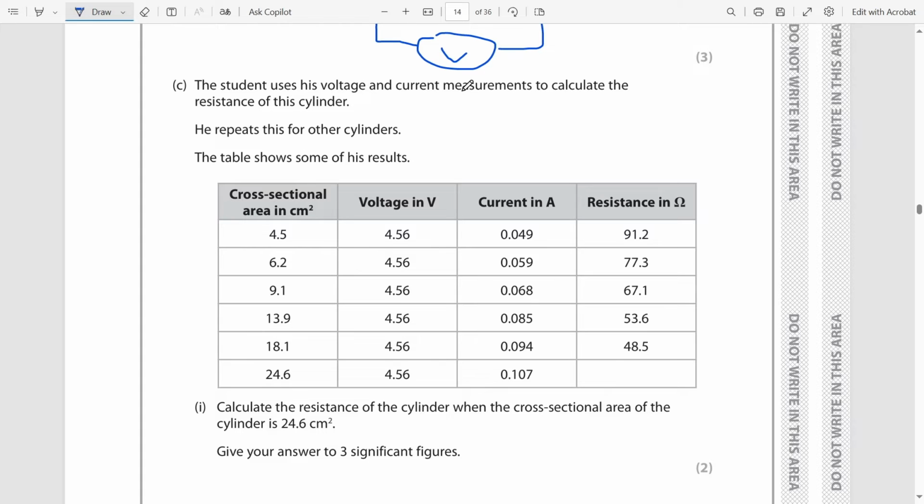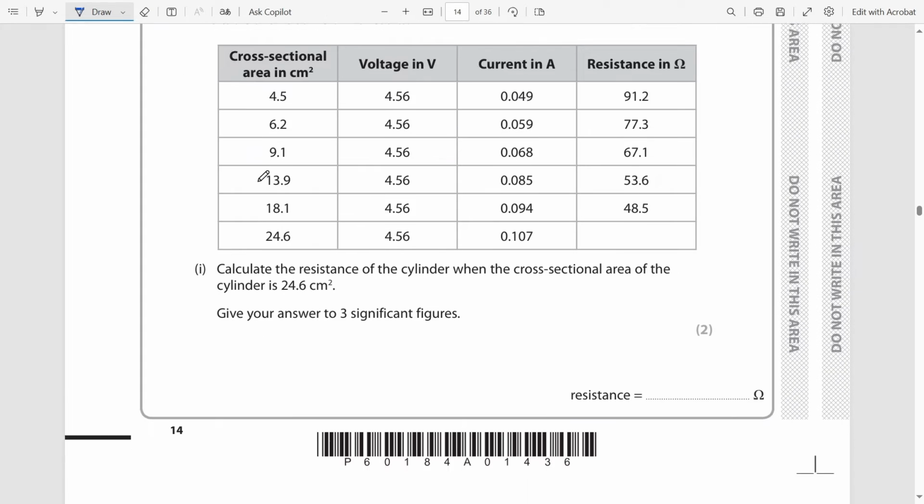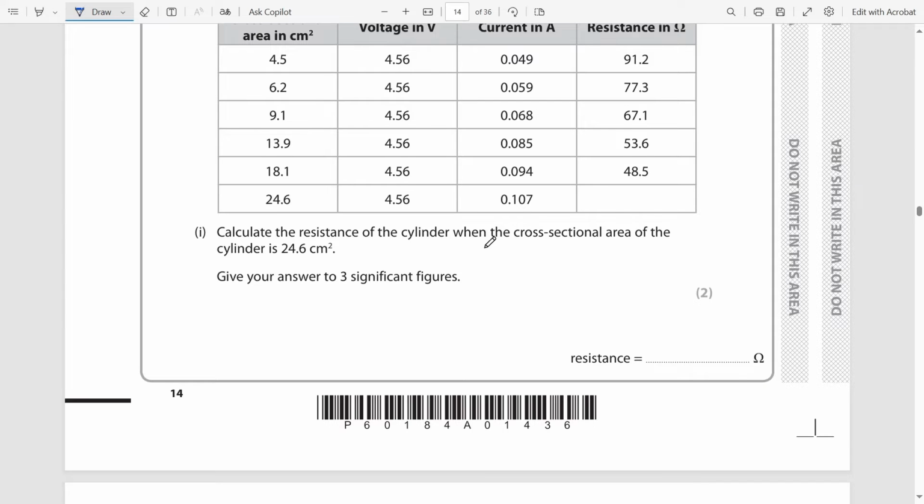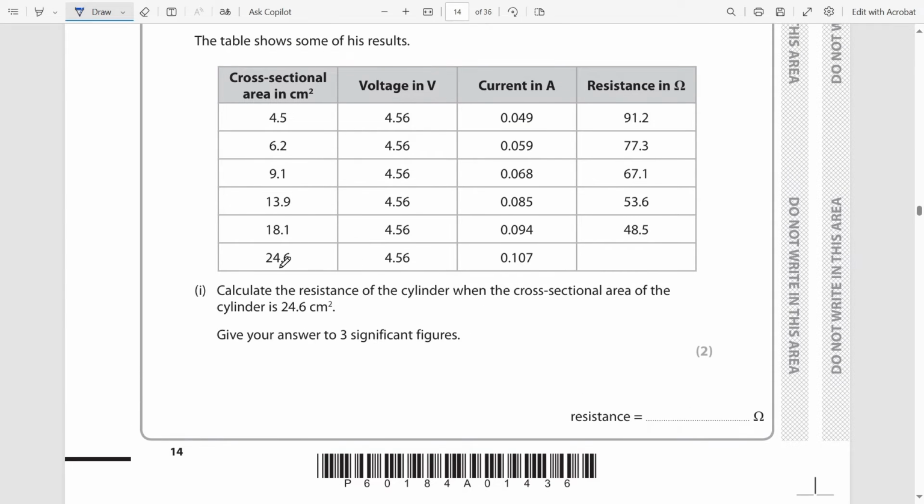A student uses the voltage. Okay, this is another calculation question. Don't know why they gave us such little space to work with, but here we have V equals IR. That's our equation. So we have our voltage, it's constant, which is really nice. It doesn't happen all the time in real life, but there we go. Current in A. To find out R, we're going to do V over I. So that's going to be 4.56 over